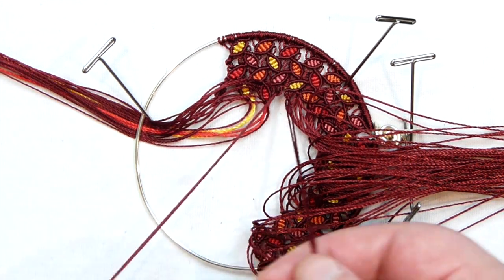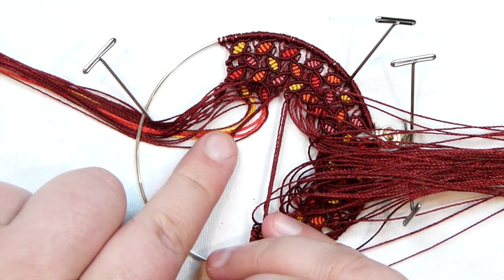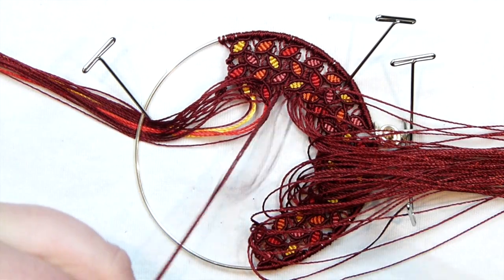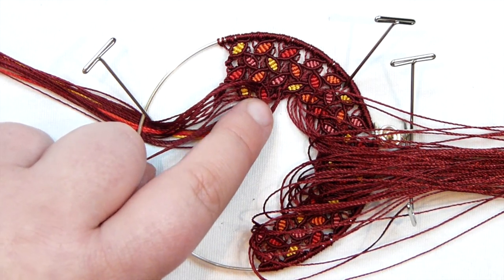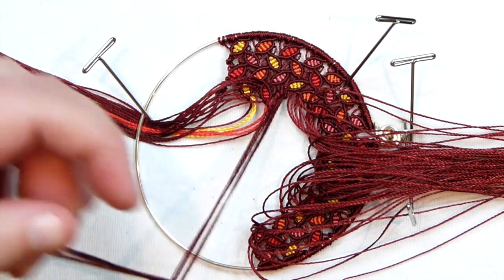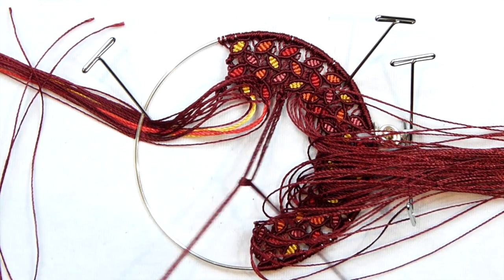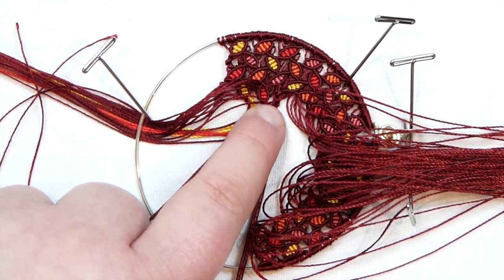So you collect your 3 from the one side and 3 from the other side, and you're just going to keep doing your half hitches the same way, just with these 3 cords on each side. And you just continue until you start making these half hitches from the bottom of the ones you just made before. Like so. So this is basically going to form some branches coming out in between your leaves